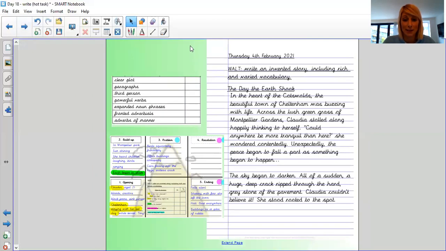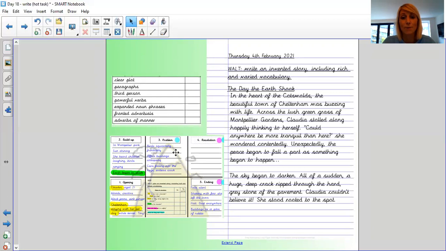Let's have a look then at my example. So this is how I'd like you to set your story out today. And you'll notice I've got these 2 things next to me, okay? So your planning you've already got from work that we've done. So look back in your exercise book to use that. And this steps to success sheet is on the daily plan for you today, so you can use that. So have those things next to you when you're writing,